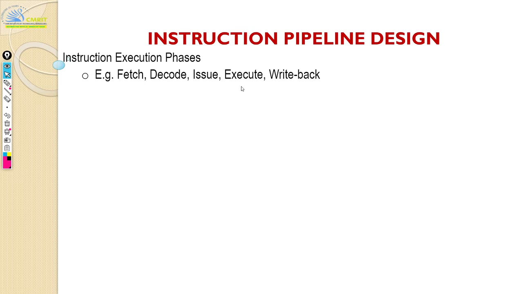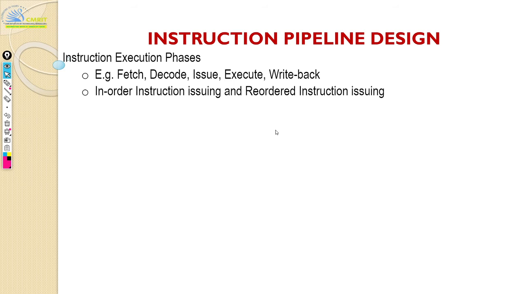The actual execution takes place in the execute cycle. If you are doing add a, b, c, the actual addition takes place only in the execute cycle. After you have executed, you have to write back the result to the register. You have a register file, and you have to write back. Simply the adder computing the result will not do. The adder has to report the result back to a register, and that is your write back stage.